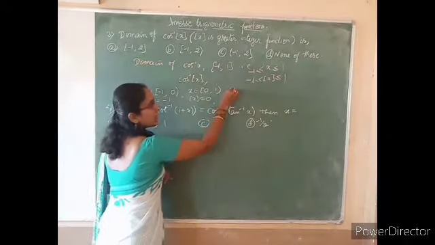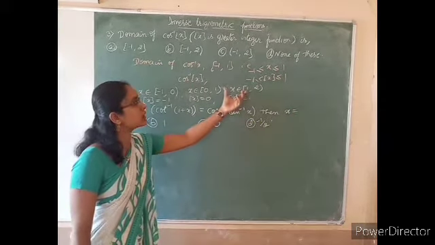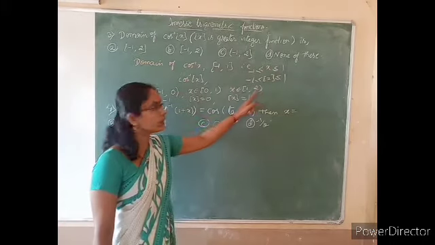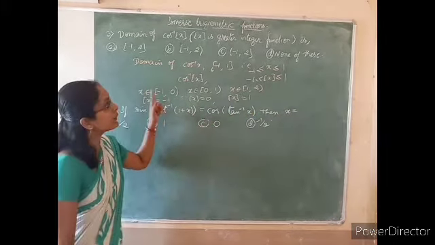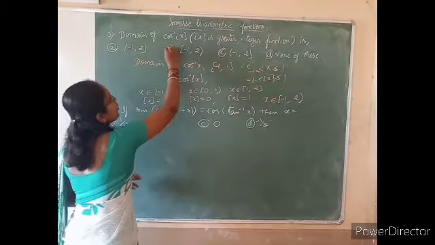So this value lies between minus 1 and plus 1, not exceeding this plus 1. Therefore, it can take the values minus 1, 0, 1. This is possible only when x belongs to the interval from minus 1, included, till 2. Then you will get these three values. Therefore, x can belong to minus 1 to 2 here, a half open interval. Minus 1 is included, but 2 is not included. Therefore, the option is option B.